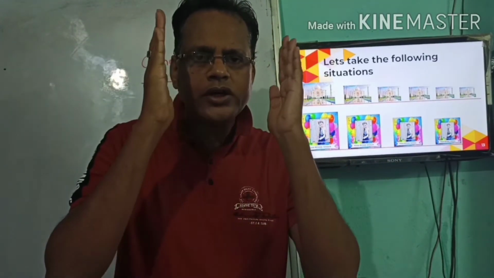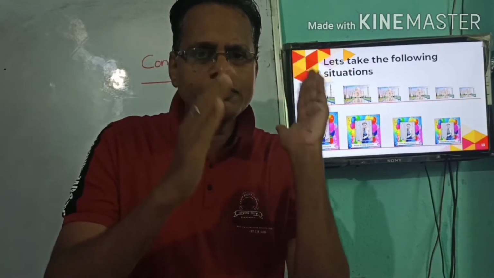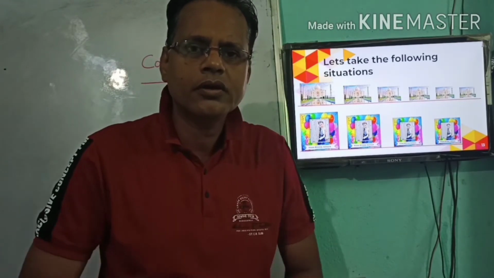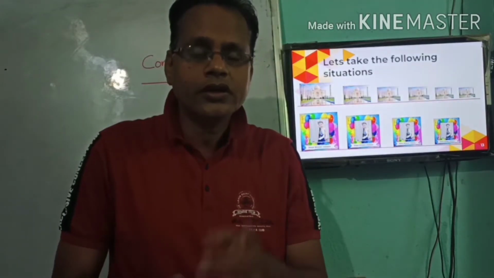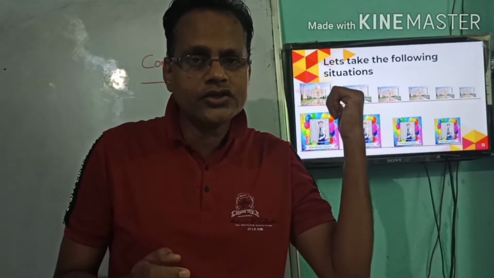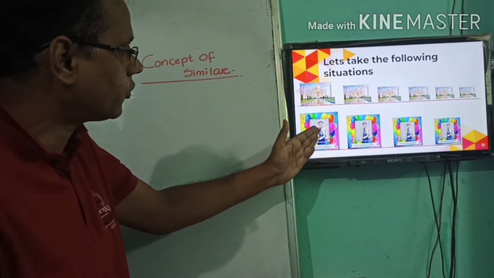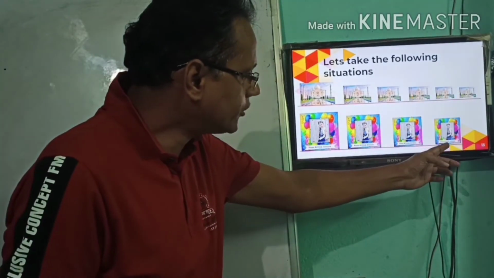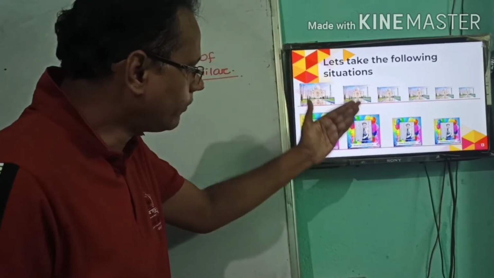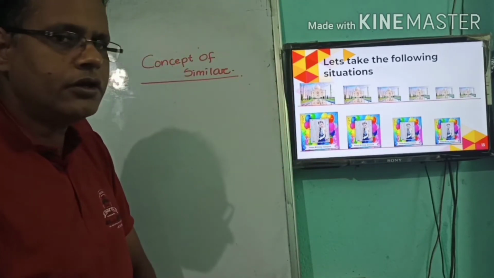Okay. Can we tell that the sides of one figure with the other photograph are equal? The question to think. Can we tell that the sides of one figure are equivalent to the other? Obviously not. If we look at this photo frame, if this square has side 2 cm, this may be 4 cm, this square may be 6 cm, this square may be 8 cm. Are you getting the point?